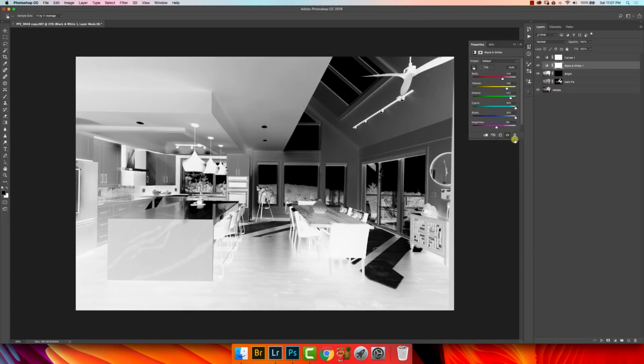Magentas, honestly, barely touch them. There's really no point in adjusting the magentas if there's no obvious magentas in the scene. You may get something that's really weird in magenta, like the table and the floor, but honestly, just leave it alone. Now what we can do is go to channels, RGB, hover over that, Command, select, make that a selection,